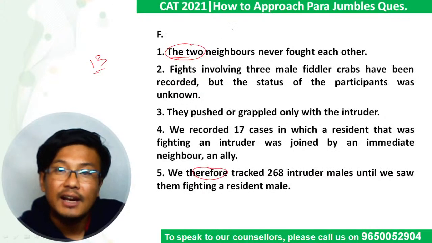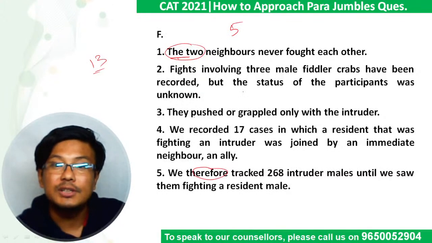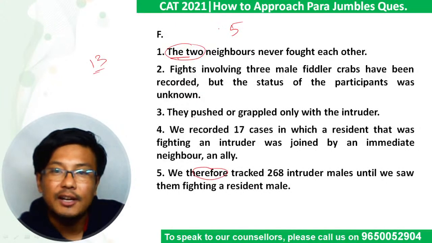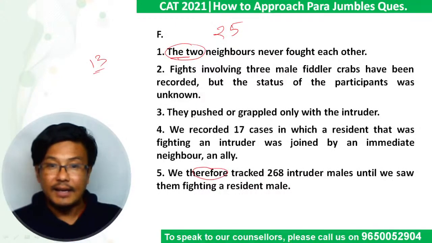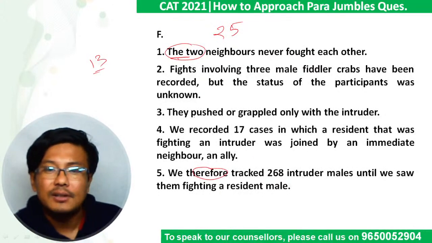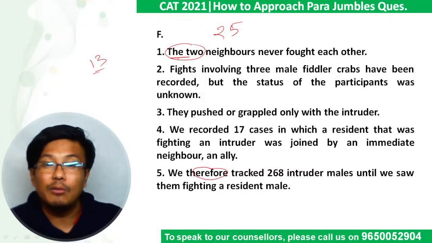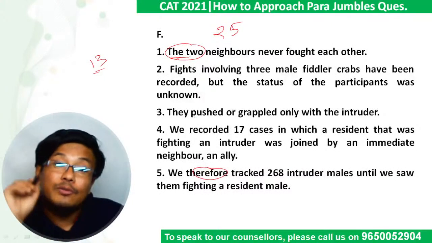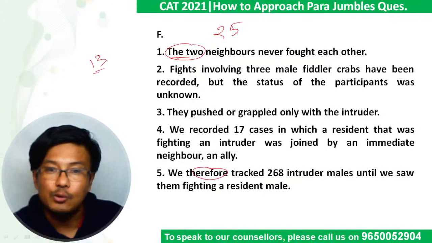Why would I track? I tracked because the status of the participants was unknown. That means I will write 2 before 5. I am tracking them because the fighting has been involved, but we do not know who the fighters are. So we track them to find out who the fighters are. Okay, 2, 5. Now,